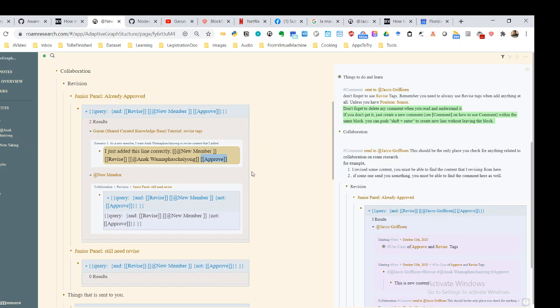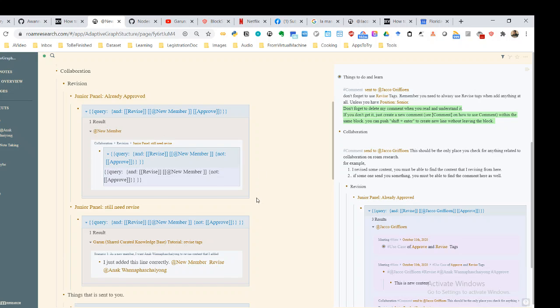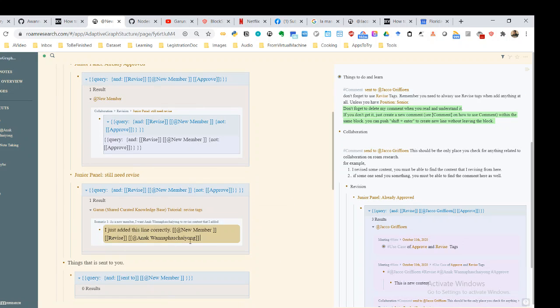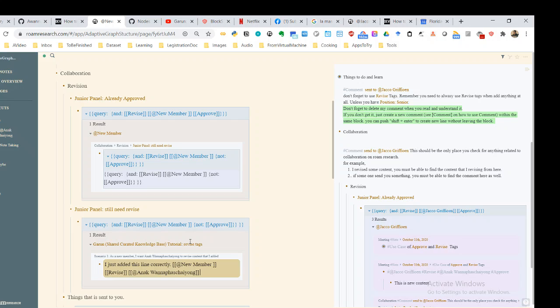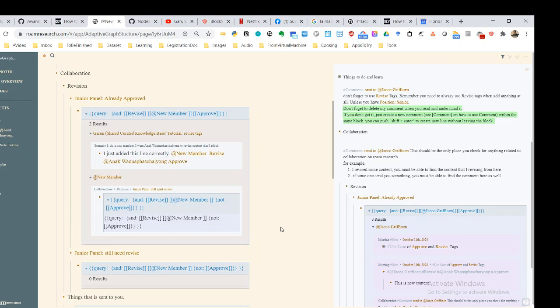And say this line is not here, you're going to see that it's going to come here in the not approved section. So this is an easy way to manage whether or not certain things are approved already. And the reason for that is, say when you are approved